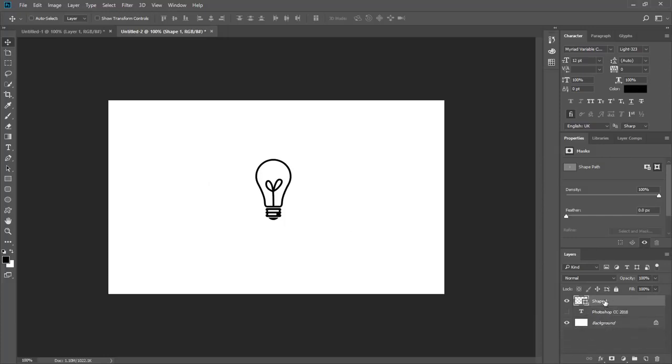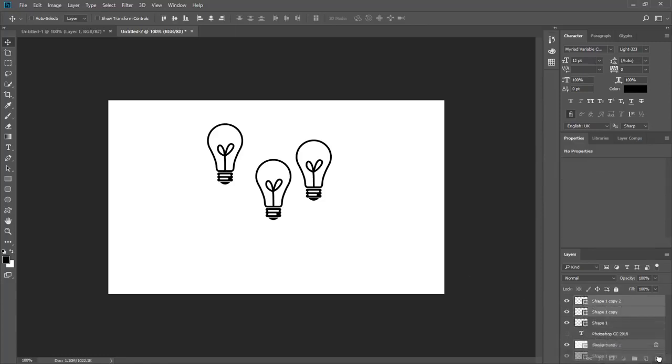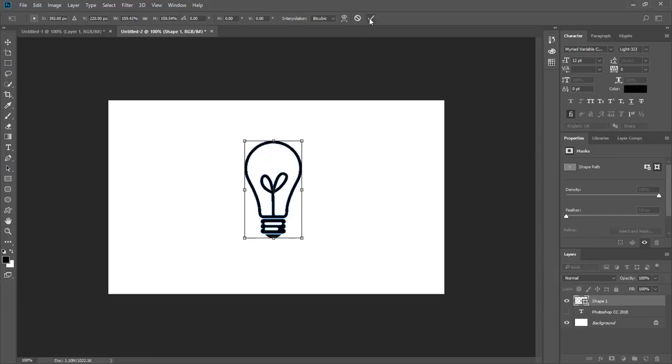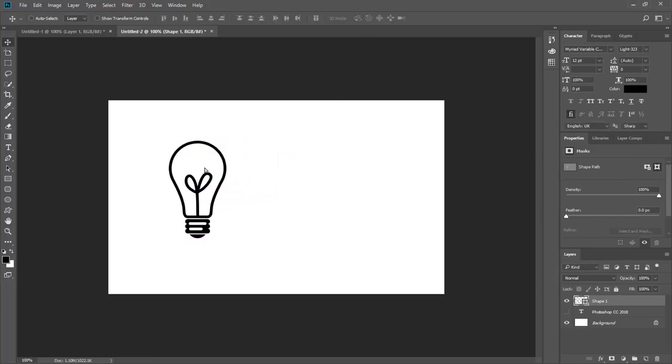Now what if I just press Ctrl J? You will get one new layer, and pressing Ctrl J again, you will get another new layer. But we have one more option, like in regular or default Windows, you can just press Ctrl C. Now I have selected that layer and I am going to copy that one. Okay, now Ctrl T, making that a little bit bigger and taking that here, and now just Ctrl V, and